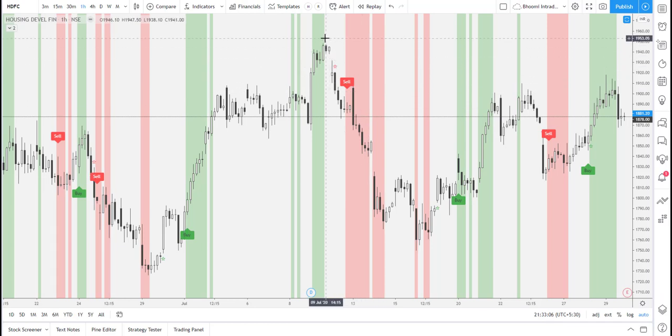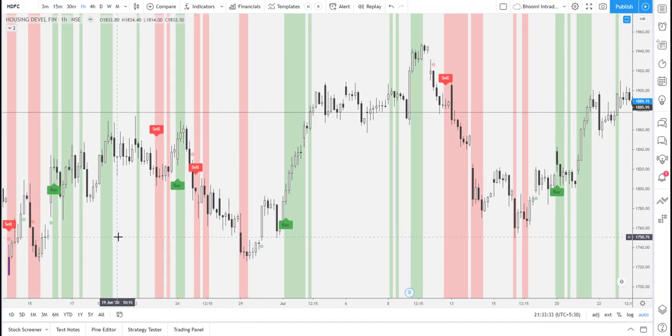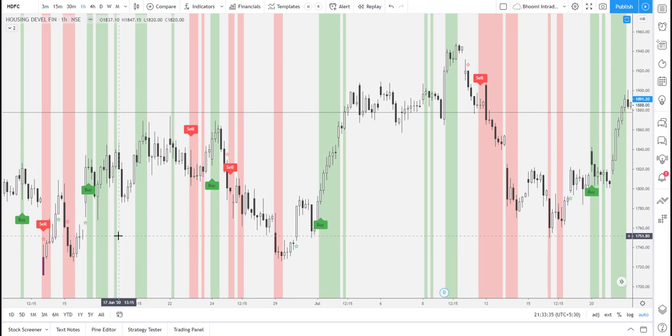If your risk appetite is not that high, as you can see, it was a good rejection point here, and you can put it a few points above this rejection point, right? And if there's a buy here, for example, you can put it at the swing low. And if your risk appetite is not that high, or if your equity doesn't allow you to do that, you can see the nearest pivots, or you can see the nearest rejection point, or a good strong support. Then you can put an SL right here.